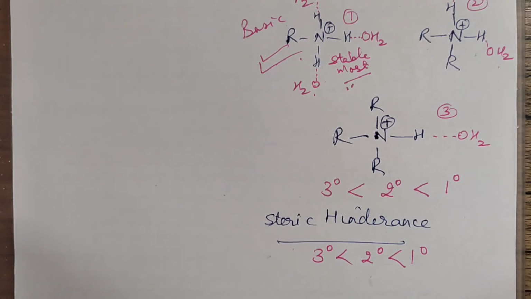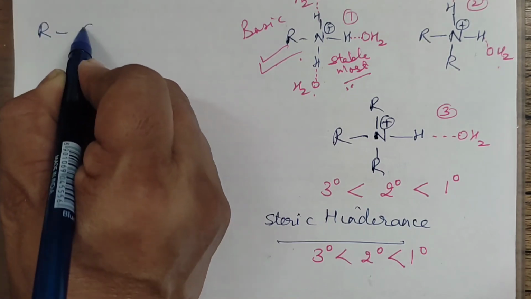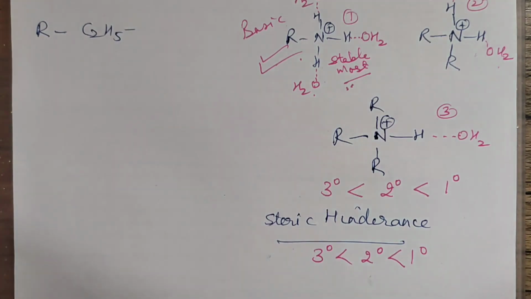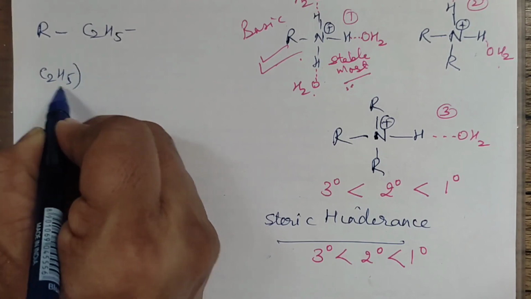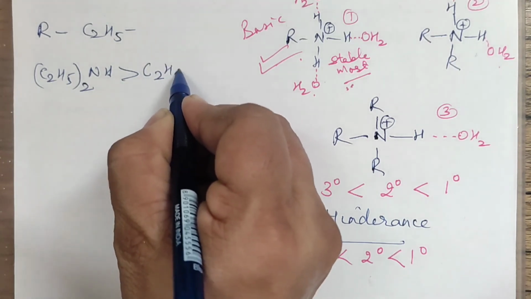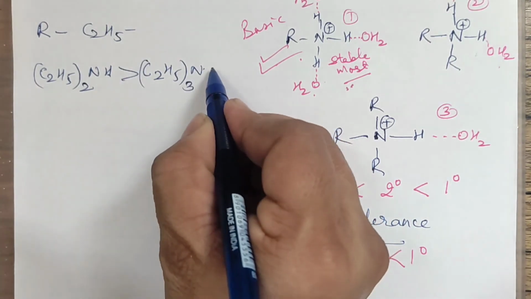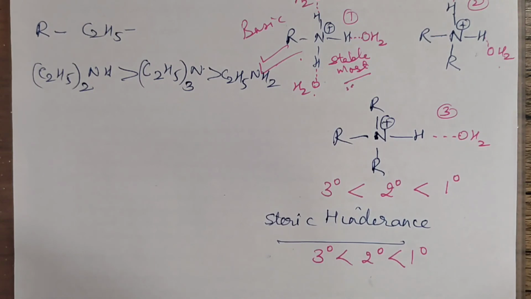And in case you are asked to write down the order, you will have to check what is the R value. You will say it is the sum of all inductive, solvation, and the hindrance part. So how are you going to write down the order in that case? If that R, the alkyl radical, is ethyl, then the order is, let me write down here, ethyl, that is 2 degree, and then ethyl, that is 3 degree, then it is 1 degree, C2H5NH2, and of course ammonia will be least, right?